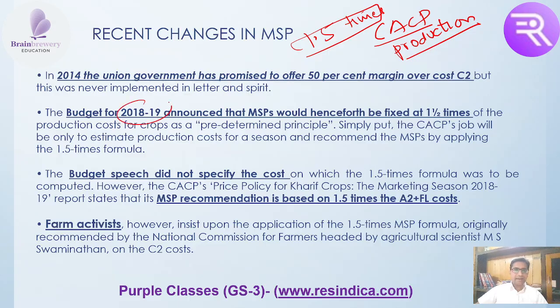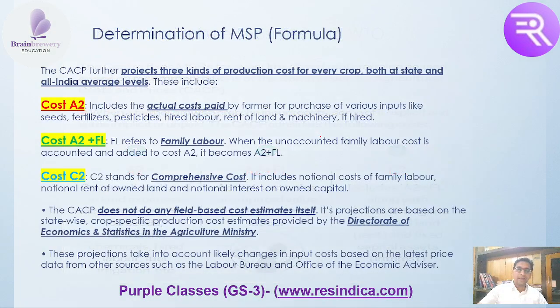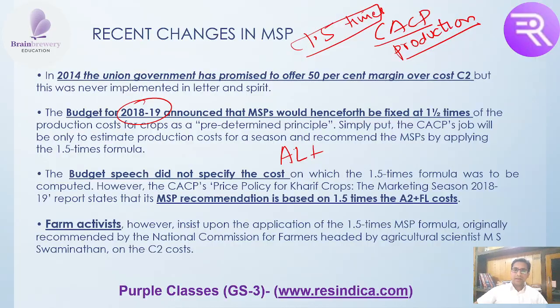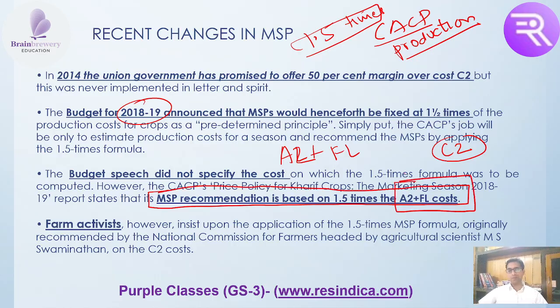But in this 2018-19 budget speech, they have not specified under which head they are going to do that 1.5. Whether in A2 plus FL or C2. So the government said that the MSP was determined based on 1.5 times of A2 plus FL. This is not being accepted by the farmers and farmer activists. They said that 1.5 times has to happen on C2 costing, not on A2 plus FL costing,